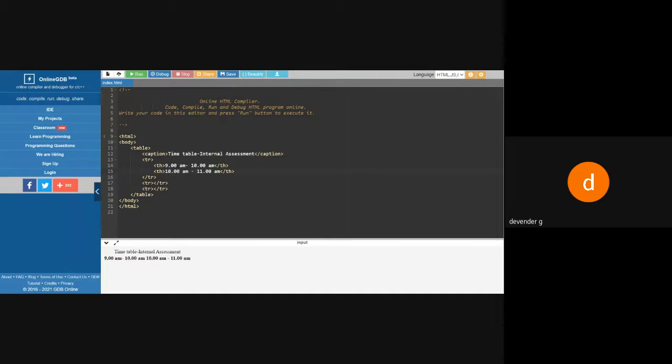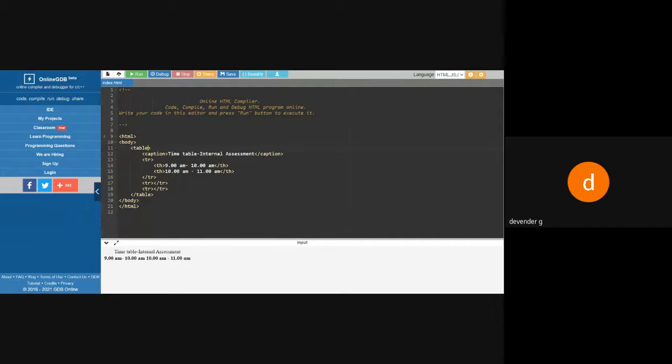Now, when I say table, we automatically expect lines to appear. But lines are not available. By default, there are no lines for the table. So we want lines, and I want to tell it that I need lines. If I want lines, what do I have to do? Go to the table, because it's an extra property. So we need an attribute.